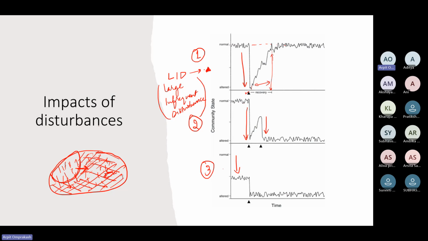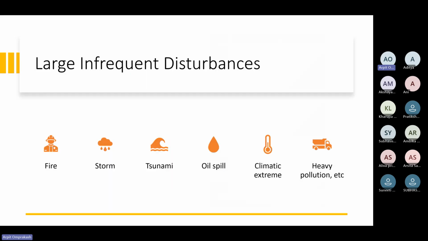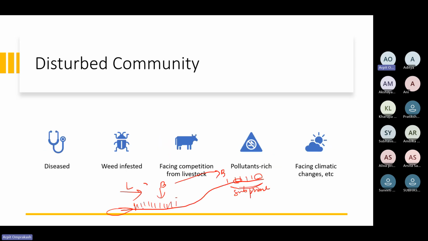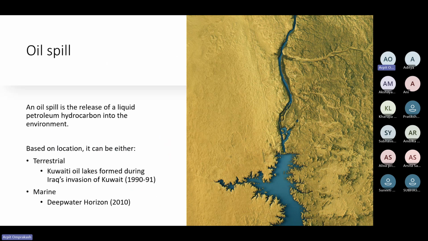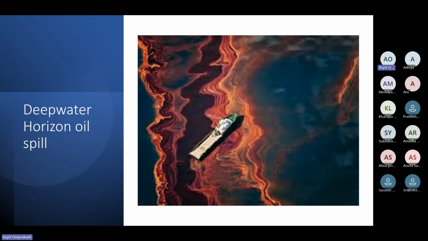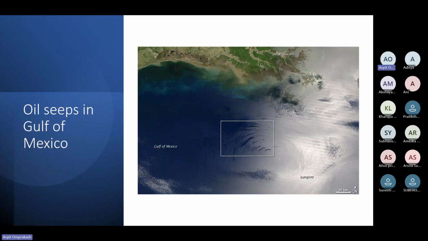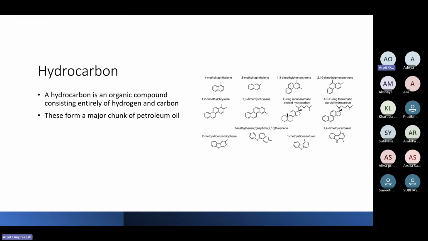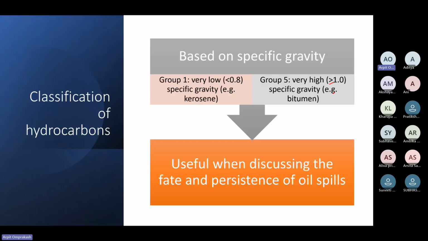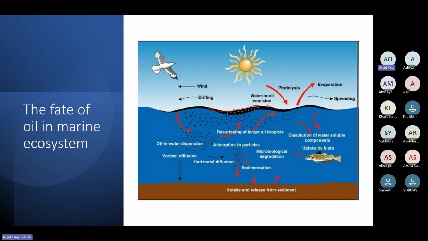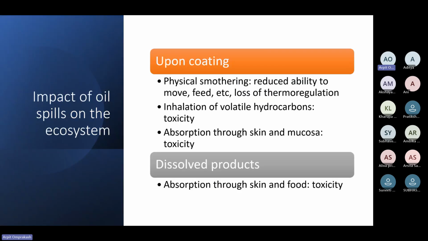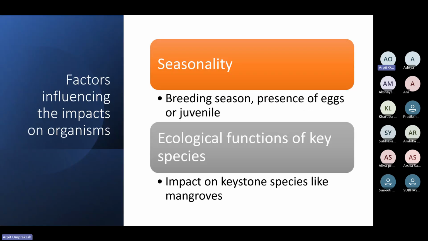So first we talked about disturbances and their impacts. Large and frequent disturbances, multiple large and frequent disturbances, and disturbances to a disturbed community. And we talked about what are these disturbances, what are disturbed communities. Then we talked about oil spills, what are the types of oil spills, and what are hydrocarbons, what are things that are present in oil spills. Then how do we classify hydrocarbons? What happens to oils in a marine ecosystem, then impact of oil spills on the ecosystem, factors that influence the